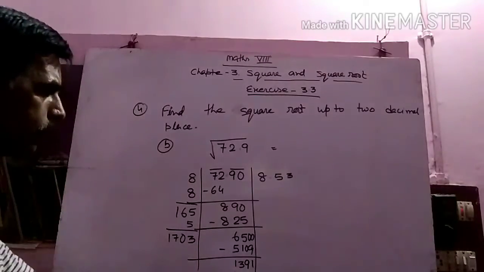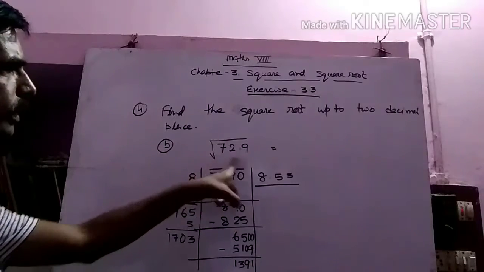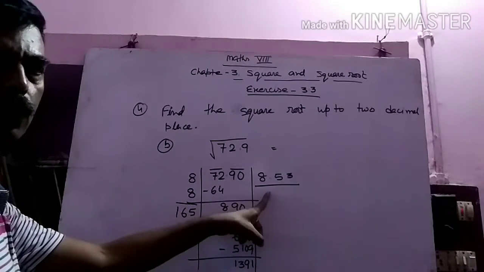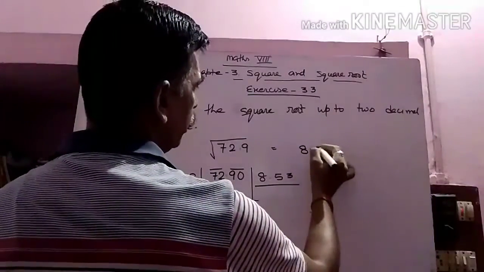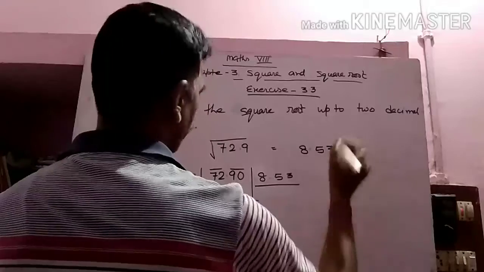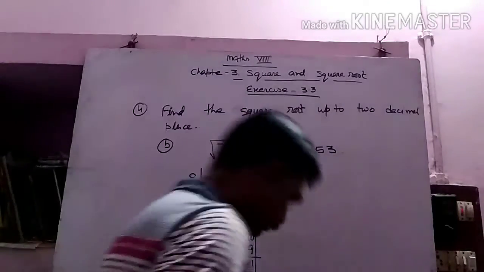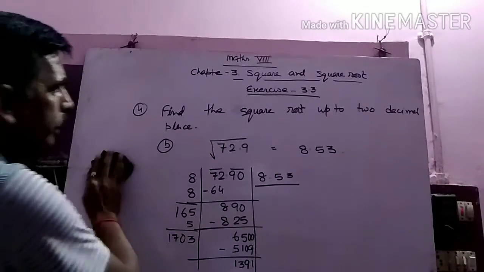So what do we get? This much remainder, and finally we get the square root of this number, root under 72.9, up to 2 decimal places, is 8.53. Okay, so write this much also. Next question is